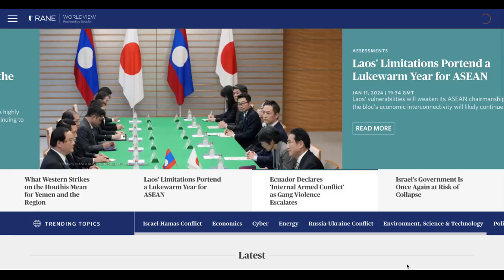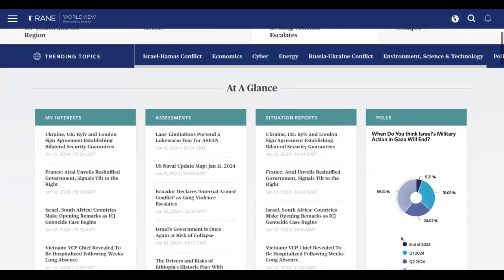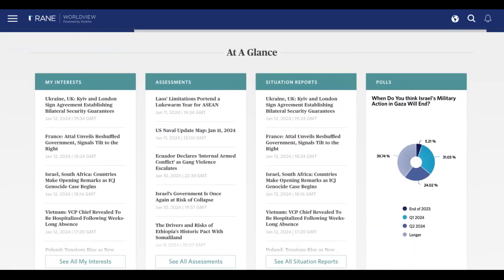Also on the homepage are different tools. Next to situation reports, we have polls where periodically we pose questions to our customers. In this case, when do you think Israel's military action in Gaza will end? And having responded to this poll already, I have the ability to see the results, what my peers are thinking,